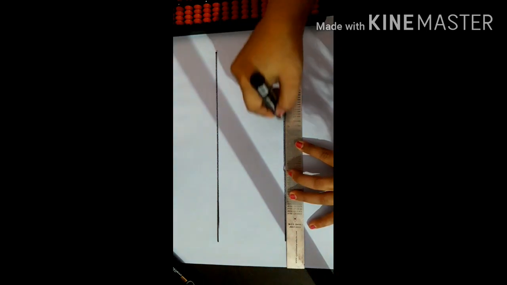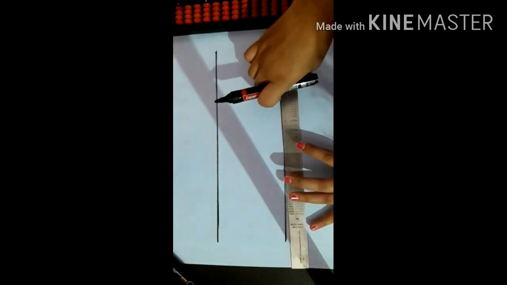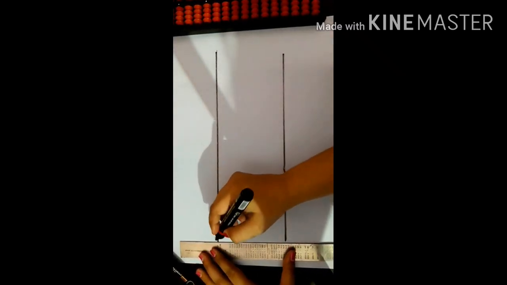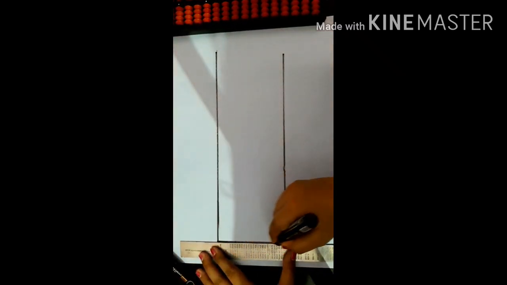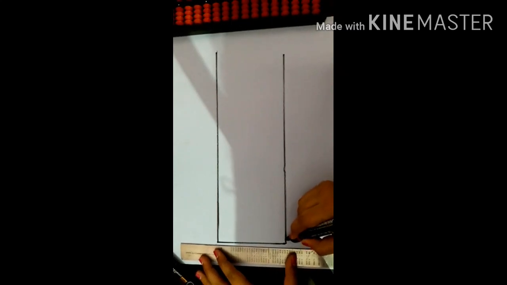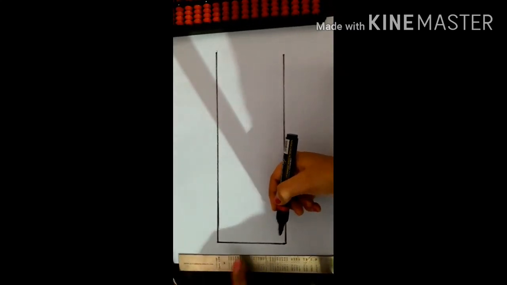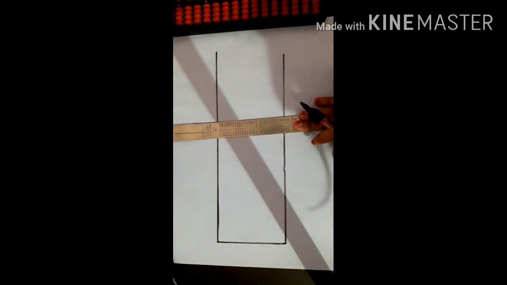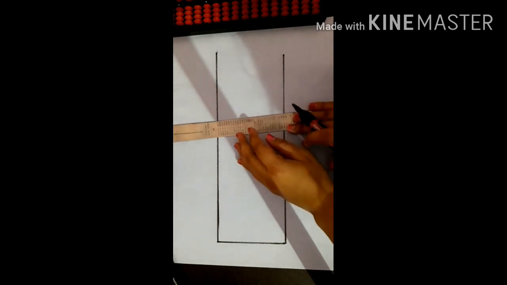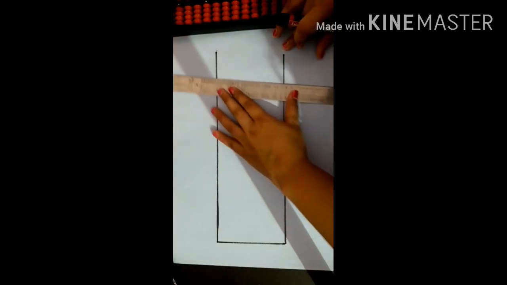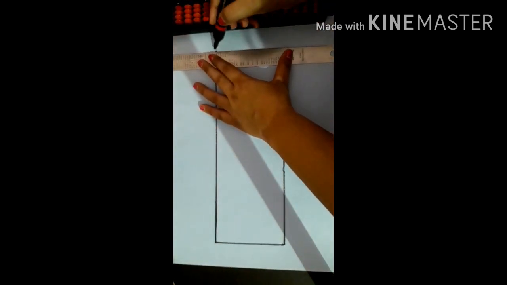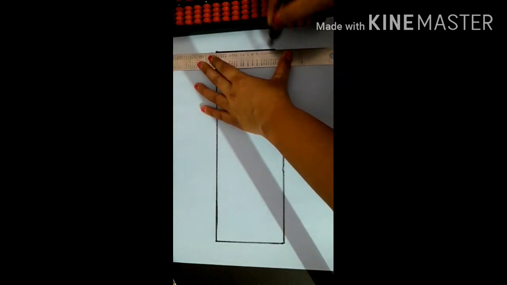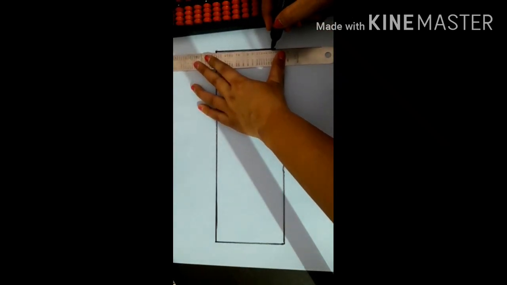You have to draw this in your abacus notebook. Students, why am I making you draw this abacus tool in your notebook? Because you will do the whole abacus with this tool only. And if you do not have the knowledge about this tool, you can't do the abacus. Previously, I told you to draw this abacus tool in your rough notebook. Now you will draw this tool in your fair notebook.